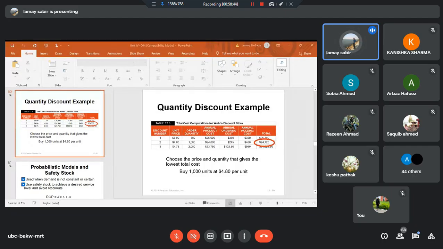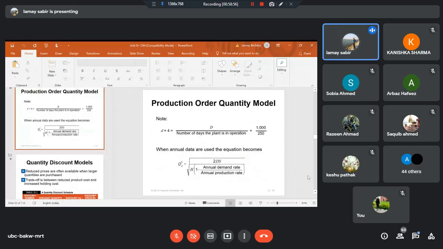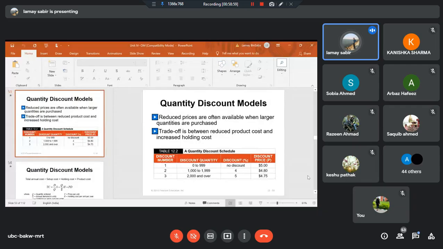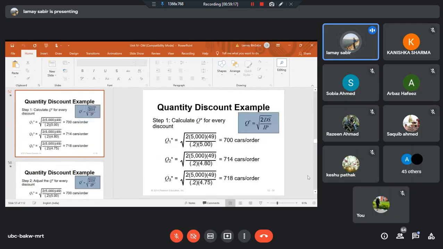This is the last table that I would like to show you. So a quick recap of what I have discussed with you. Today I started my discussion on the quantity discount model. This is the figure which I have shared with you. Three quantity discount schemes that we have there. We use the formula of total cost and economic order quantity, EOQ. The only change in EOQ is in the denominator, where holding cost is a percentage multiplied with the per unit price. And you calculate 3 EOQs, one for each discounting scheme.